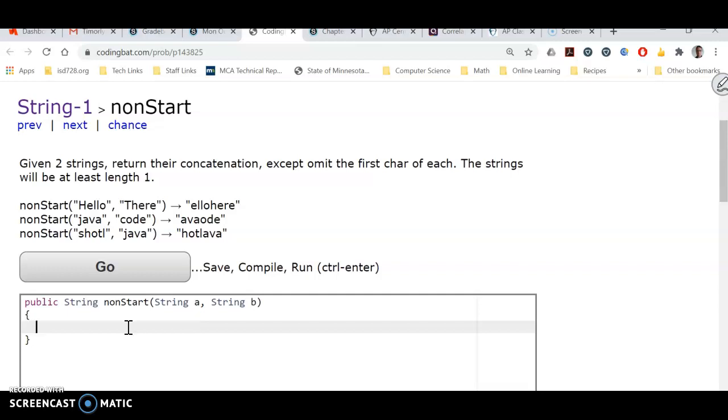All right, hello. This video is going to go over the non-start coding bat question here. We have to take in two words, hello there, and then lob off the first letter. So we want just all the other letters besides the first one, combine them into a new string, and then